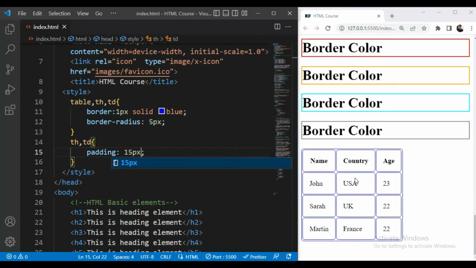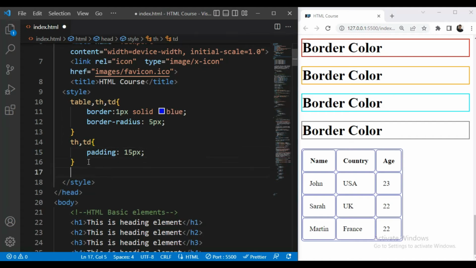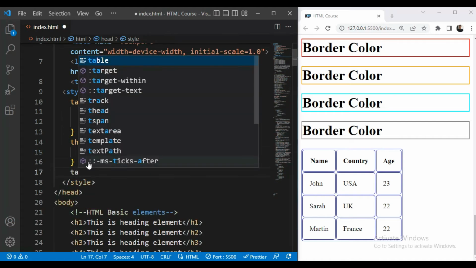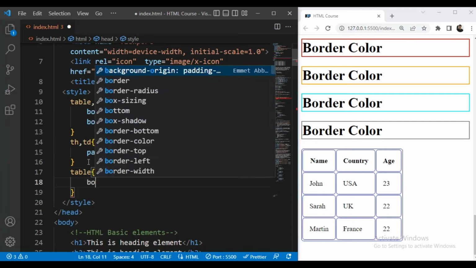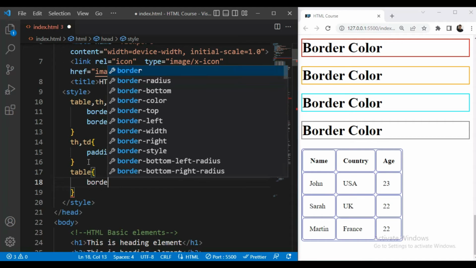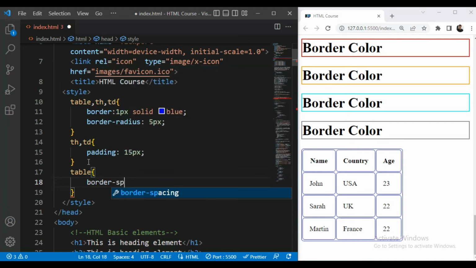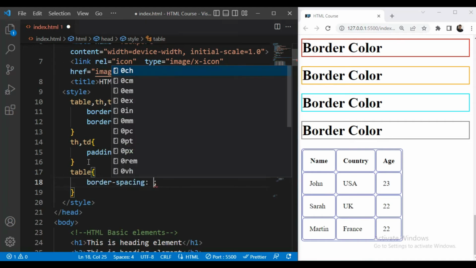So now you can see this is our table. Then we can also give some spacing. So we will use selector table and border spacing, for example 5 pixel.